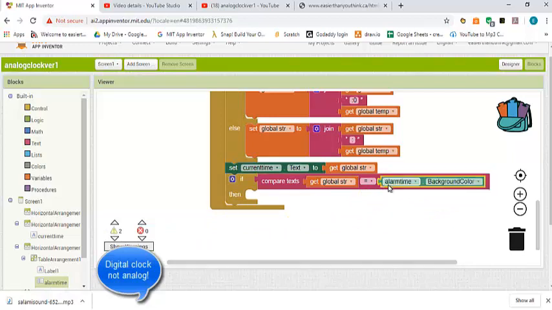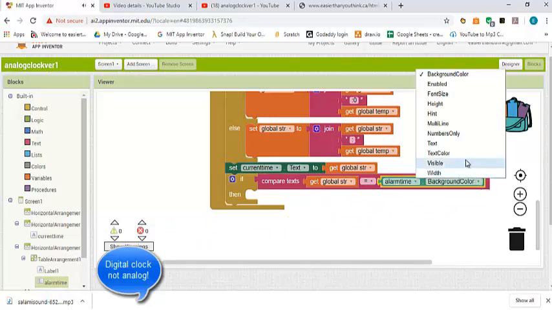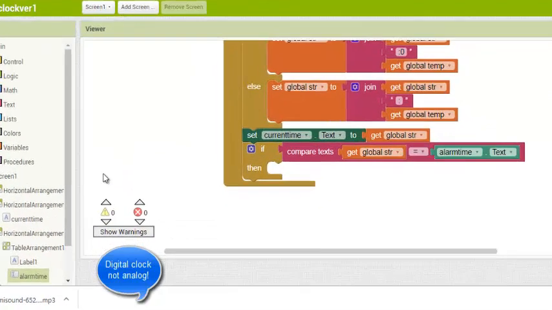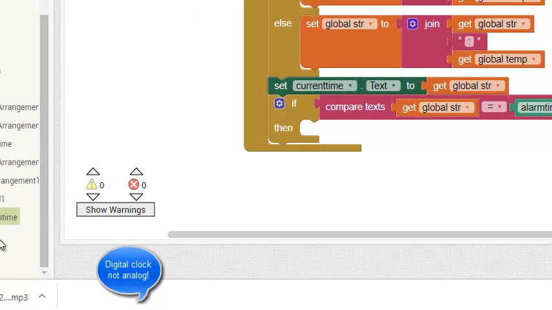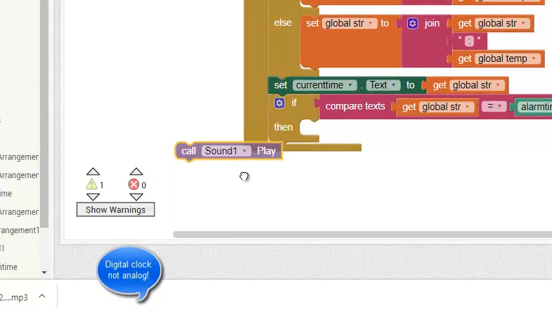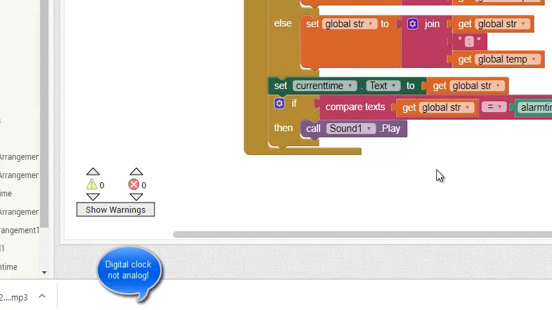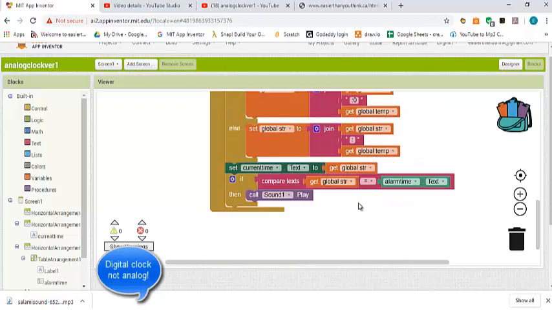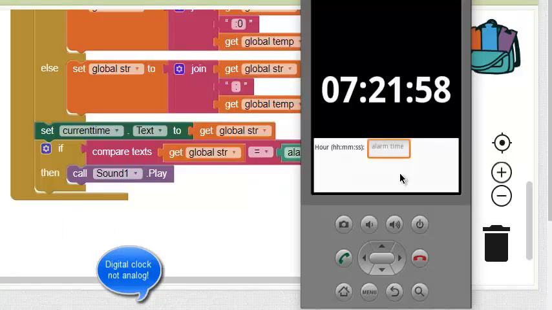So I put the alarm time here and then I change it to text. If these are equal, then I want to play the alarm sound. So I go down to sound and then I say play. And that's all the changes we had to make to our previous alarm clock. So let's see if the app works. Let's say we want the alarm to go off at 7:22